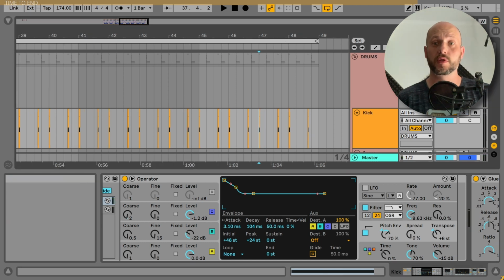So this is why I prefer using Operator for basically every kind of drum sound, so snares, kicks, percussion, even hi-hats. But for hi-hats or cymbals, I prefer using Serum simply because of the very advanced unison feature. But overall, when I want to create drums, I go to Operator,